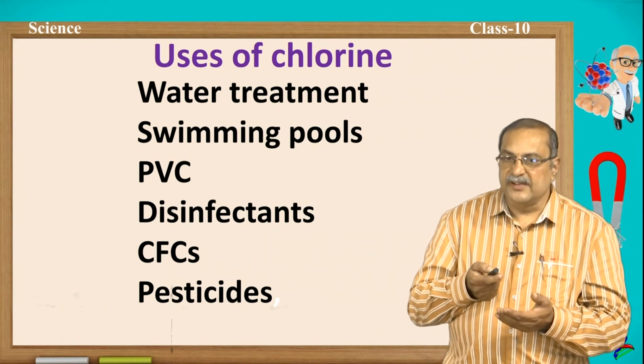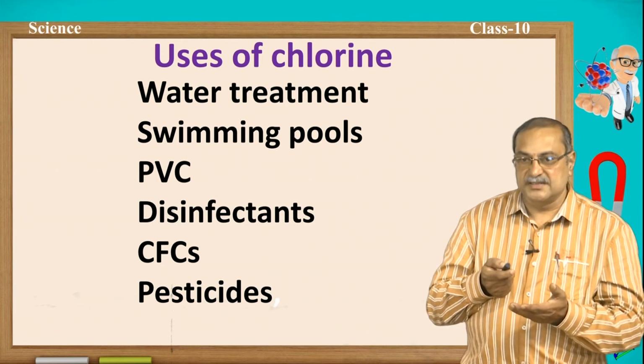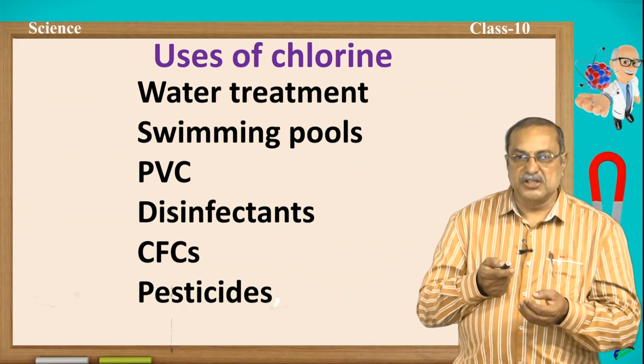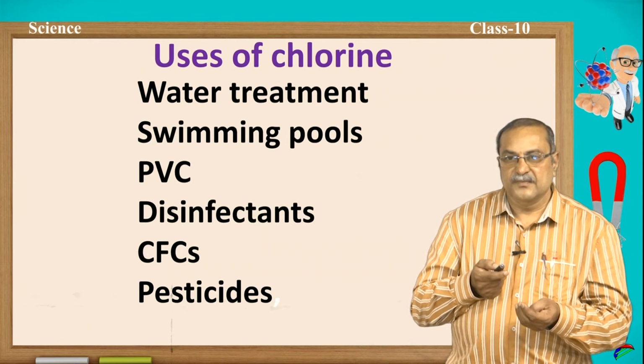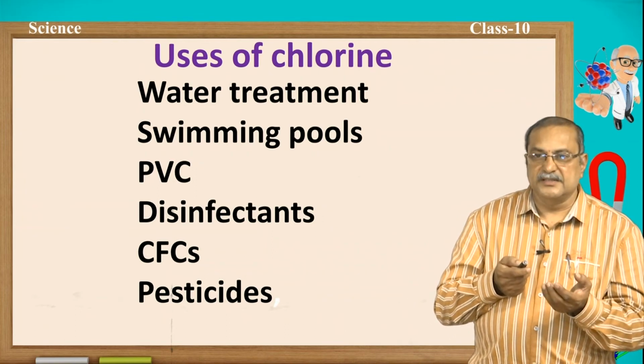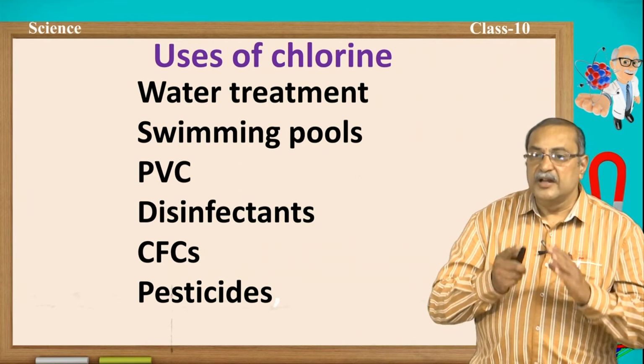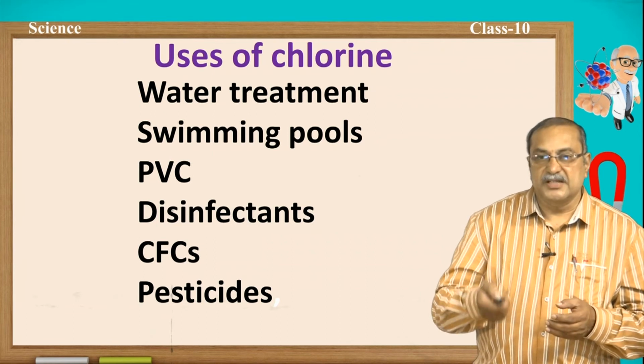It is also a disinfectant, it is used as a disinfectant. Okay. Then CFCs, chlorofluorocarbons, which are used in refrigerators as cooling agents. Okay. Then pesticides, since chlorine is a lightly poisonous material, it is used in the manufacture of pesticides. Okay. So, next we go for